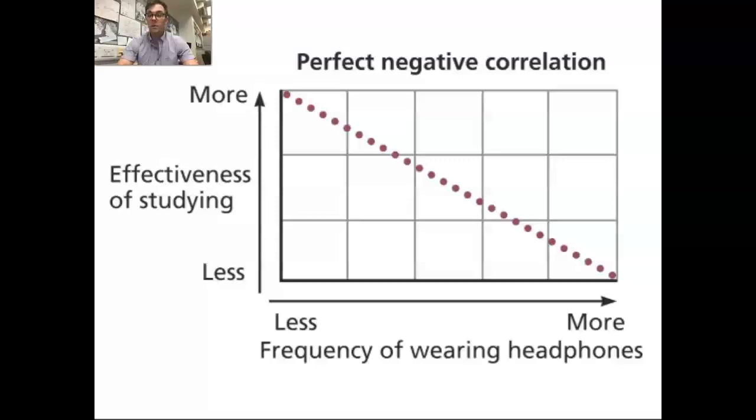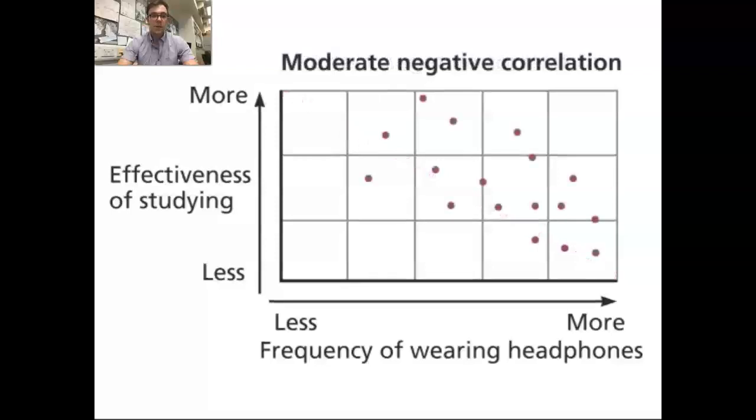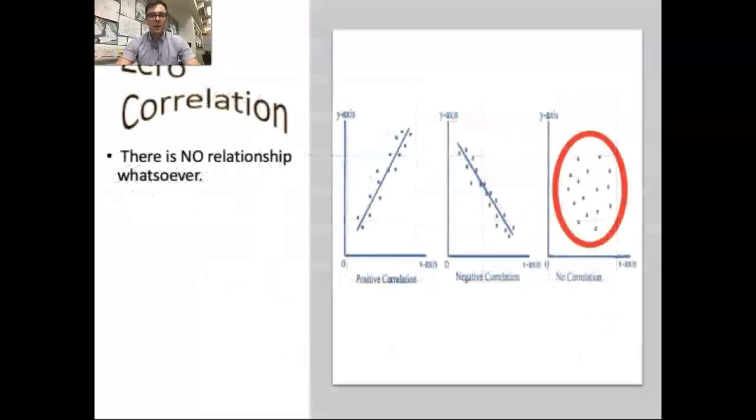It just depends on the person. And then, obviously, a more realistic example of what a negative correlation would look like. And then, lastly, we have a zero correlation, okay, which is pretty self-explanatory. There's no relationship here, and you just got a bunch of random plots all over the place on a chart,